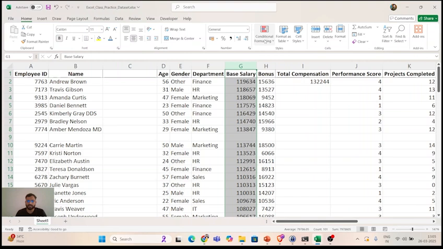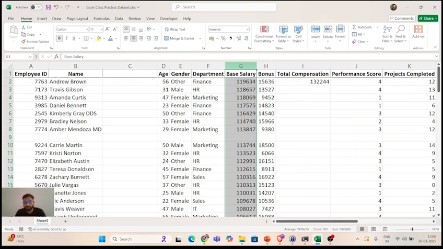If you hover over it, just read the definition. Easily spot trends and patterns in your data using bars, colors, and icons to visually highlight important values. Correct? So in other words, I can say that if you want to format your data, if you want to highlight your data based on some conditions, then we can use conditional formatting.